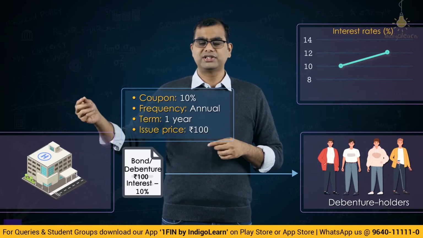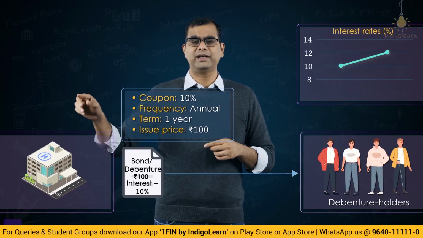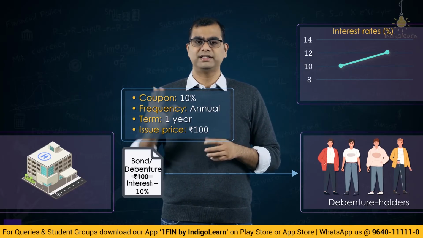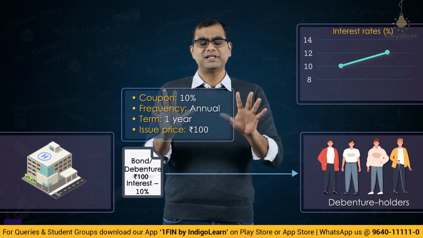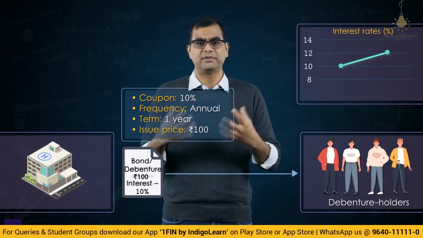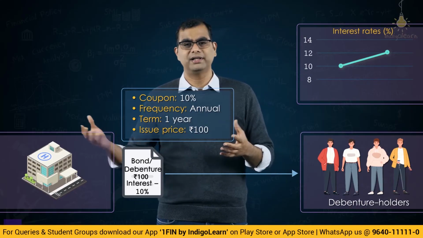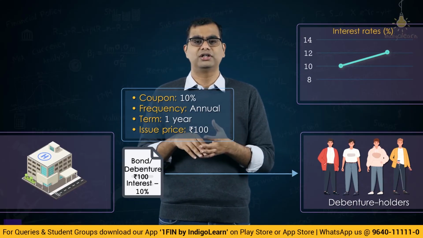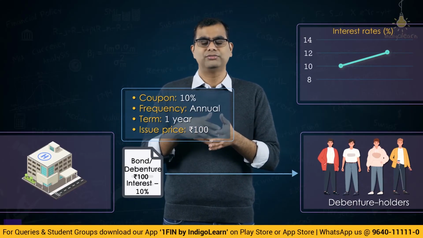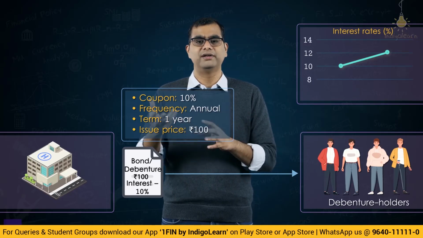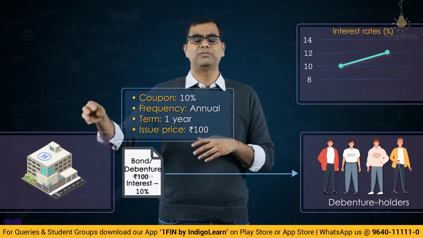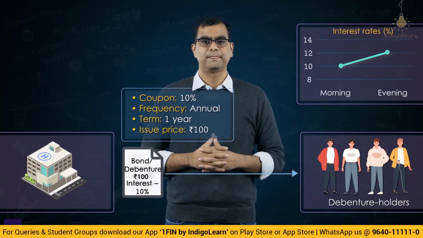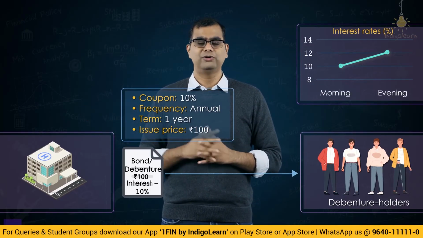Now, assume that this change happens immediately on the same day. Morning they issue the bonds, evening let's say interest rate has changed to 12. I am making it a very purposely extreme example so that I can actually explain things to you better. It usually does not happen like that. Interest rates don't change in such a short term, and also interest rates change over a longer period only. Suddenly they won't be changing from 10 to 12. But in our example, let us say morning they issued the bonds, evening interest rates have changed. So 1 day is also not yet over.